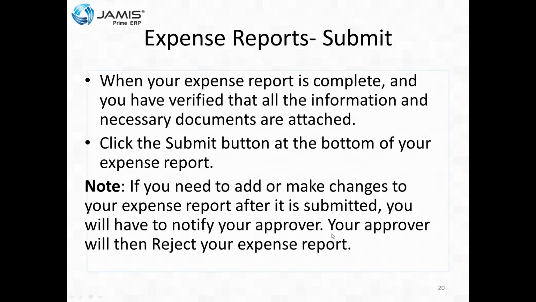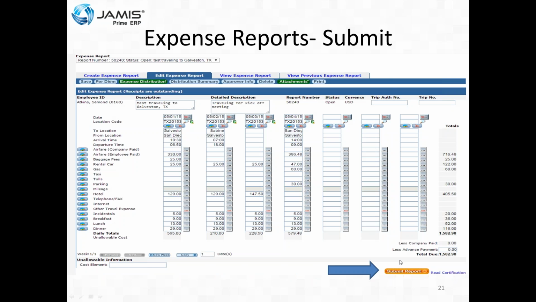If you realize after you click submit that you had a problem, basically what you have to do is notify your approver, and he or she can go in there and reject your expense report. That will set the status back from submitted to rejected, and once you make a change on your expense report, it will become open again, and you have the ability to go in there and resubmit it. Okay, so we submitted our report,